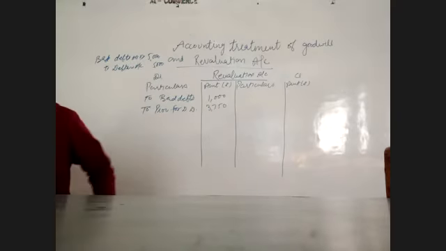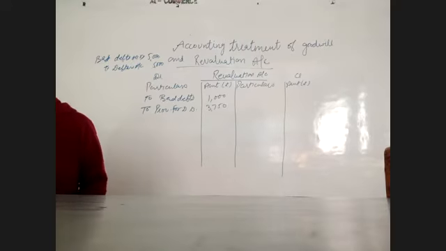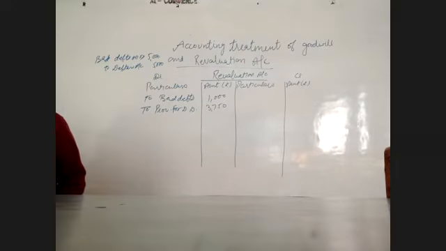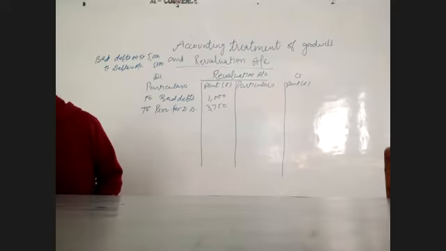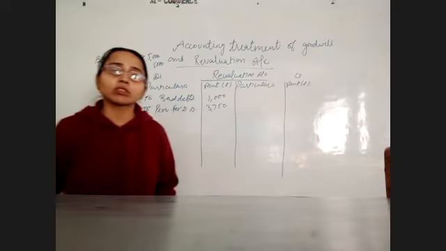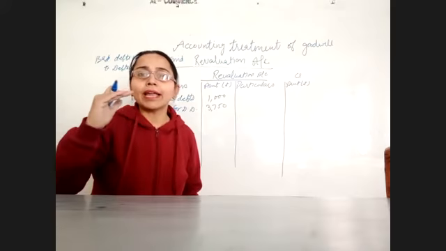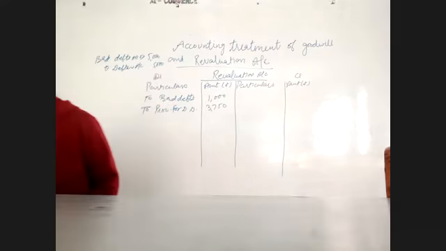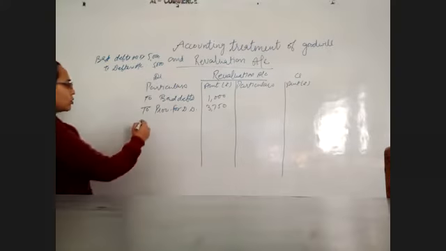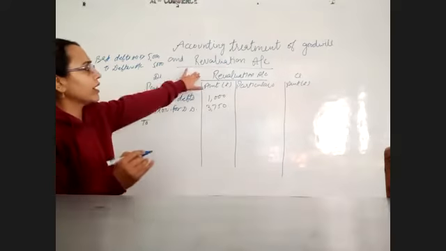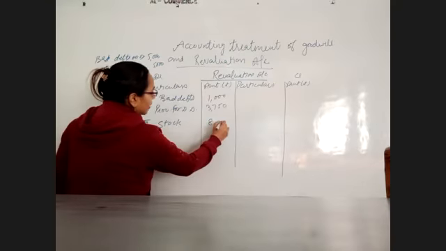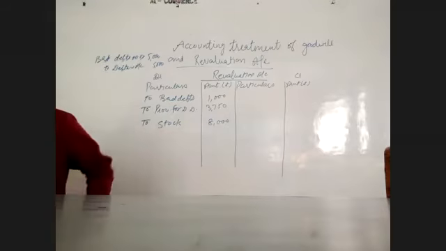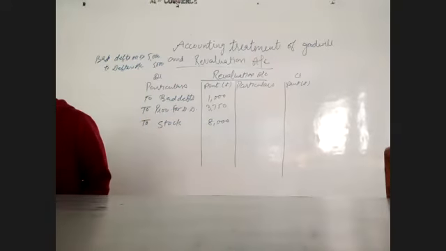Yes. Next, third point is stock be reduced to 82,000. So first of all, check stock in balance sheet. That is 90,000. It is reduced to 82,000. Means 90 to 82. Means by 8,000 it is reduced. Okay. So since it has reduced by 8,000, the entry will be revaluation account debit to stock. Okay. So to stock by 8,000.